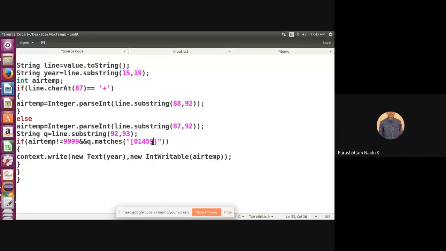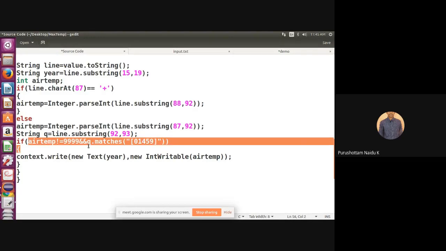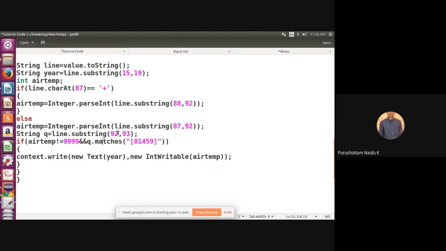To validate the record read from the sensors, we have to check the air temperature value, and also the value at index 92. That is String q = line.substring, which means we get the value at the 92 index from the record. Then q.matches: the 92 index value must match either 0 or 1 or 4, 5 or 9.